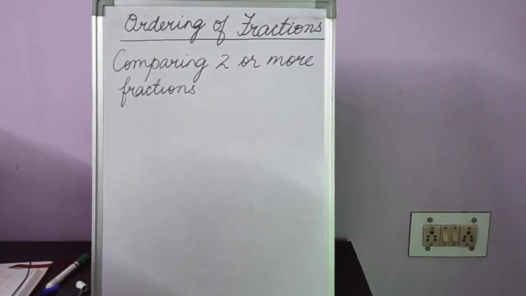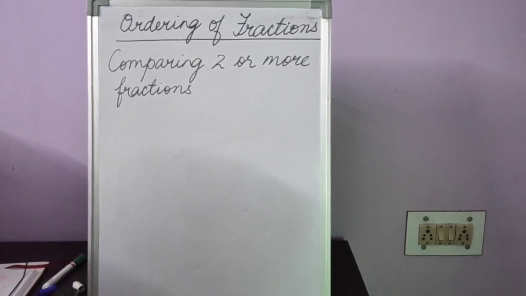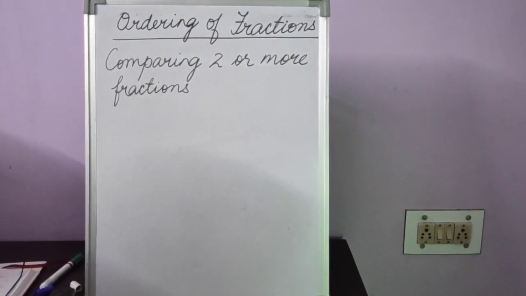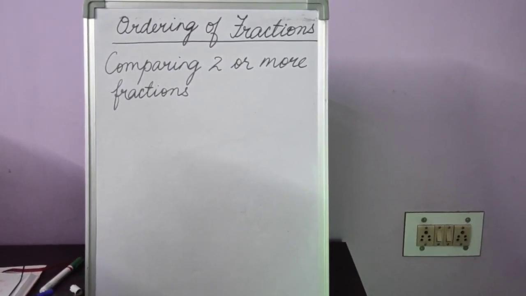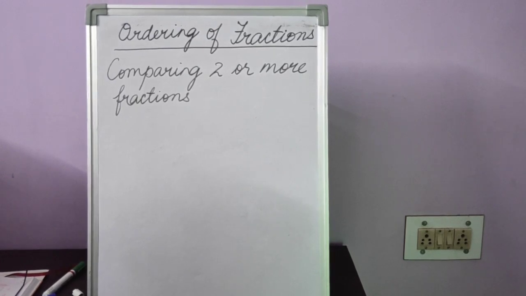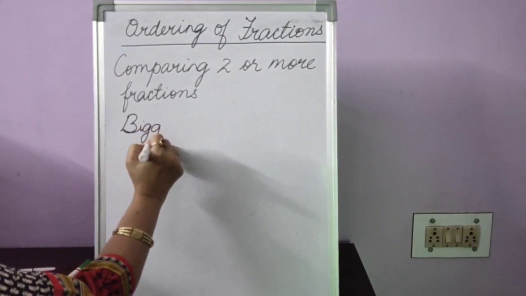Today we'll look at ordering of fractions. What is ordering of fractions? Ordering of fractions is comparing two or more fractions. Again, what is comparing? Comparing two or more fractions means we'll find out which is the bigger fraction, which is